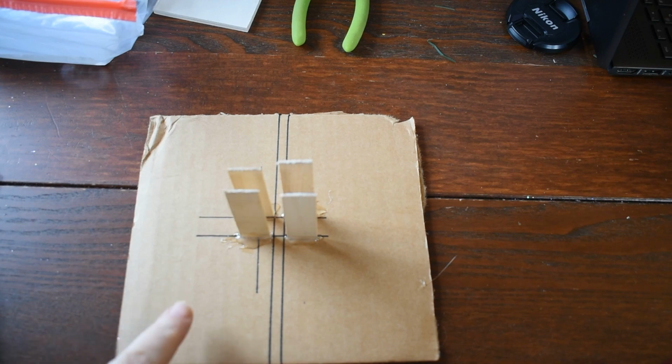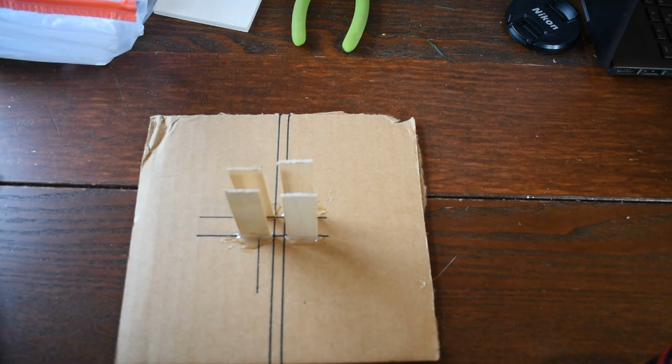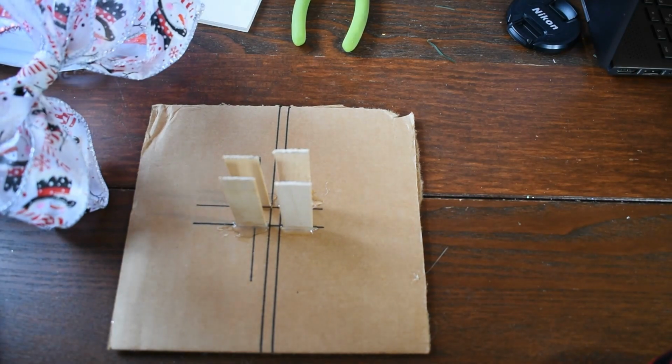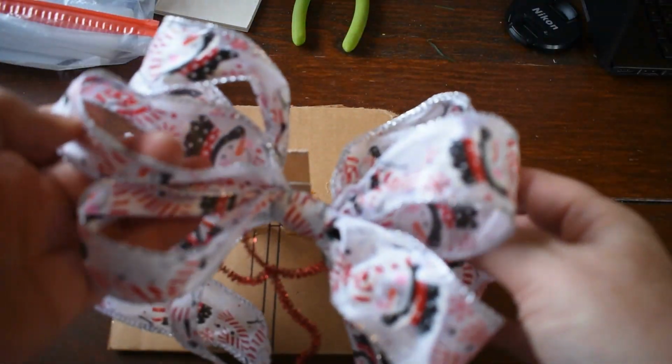So this is the DIY bow maker that I made in the last video, and I did a demo on how to do this bow. Very simple, super easy. Anybody can make that bow, in my opinion. But we're going to do something more like this one,